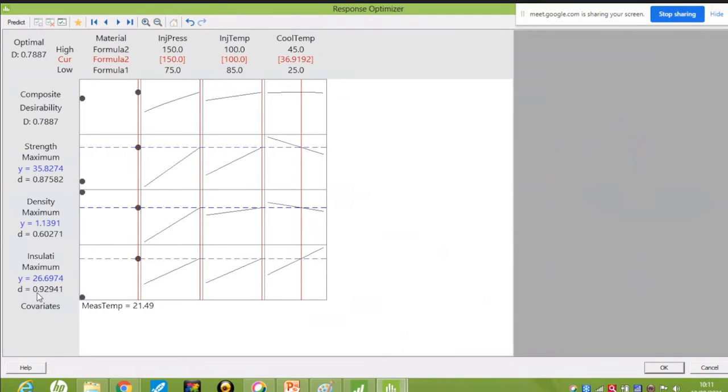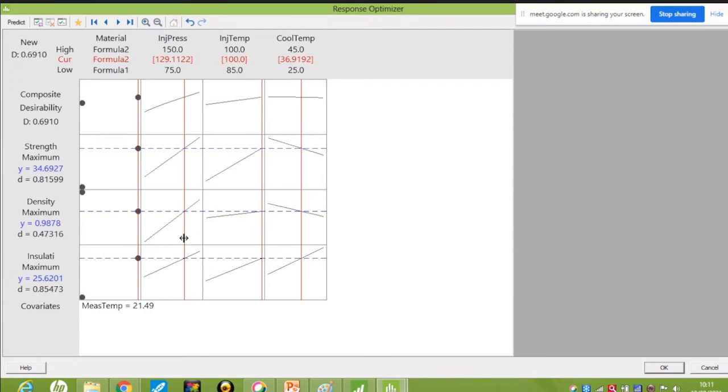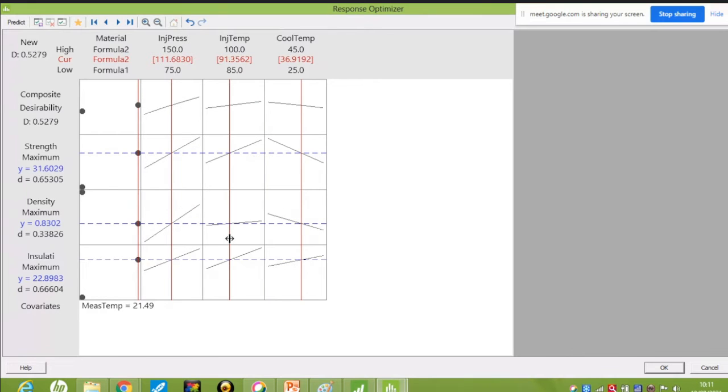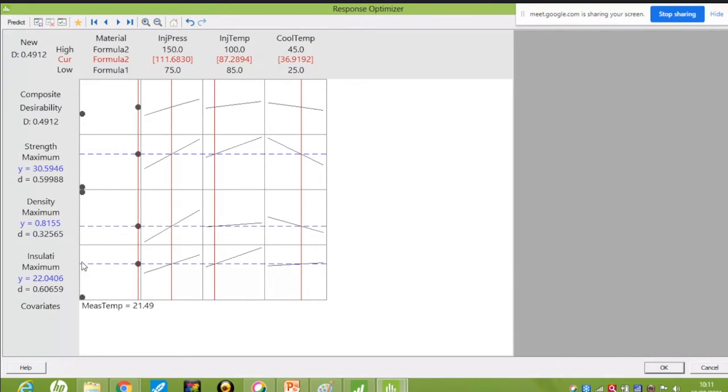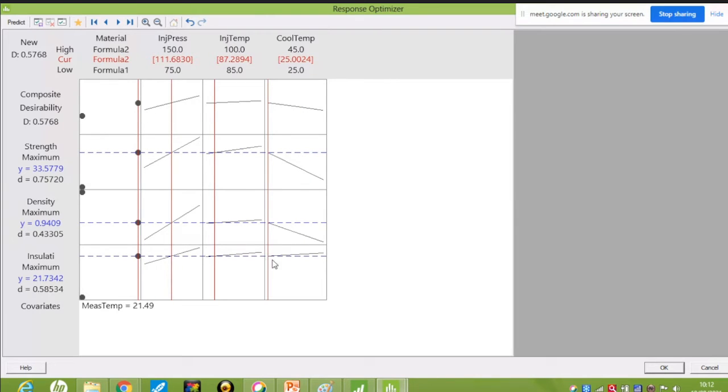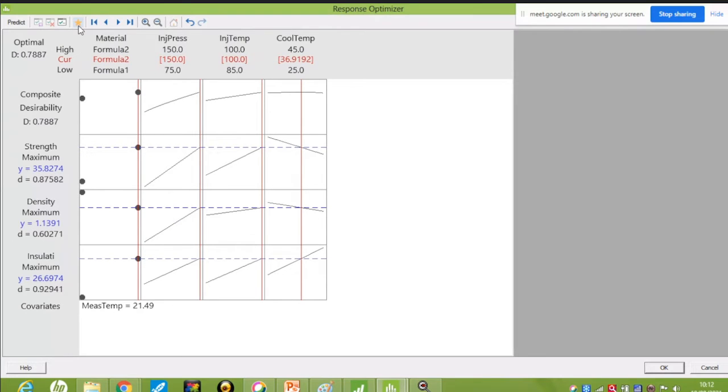So here you can see 0.92. 0.92 means, if you change the settings, you can see this is either going up or down. So maximum means it will go to the upper side. Why we say desirability should be close to 1 is that then this blue dotted line will be at the topmost. Okay, sir. So that is the best setting, the best maximum which we can get. Okay, sir. Thank you.